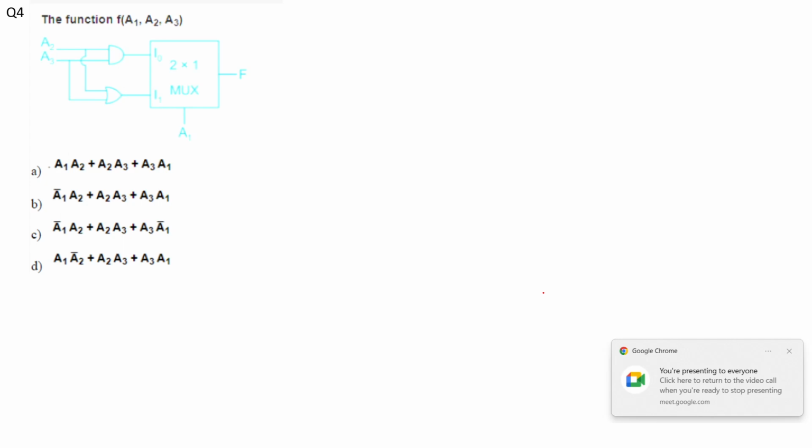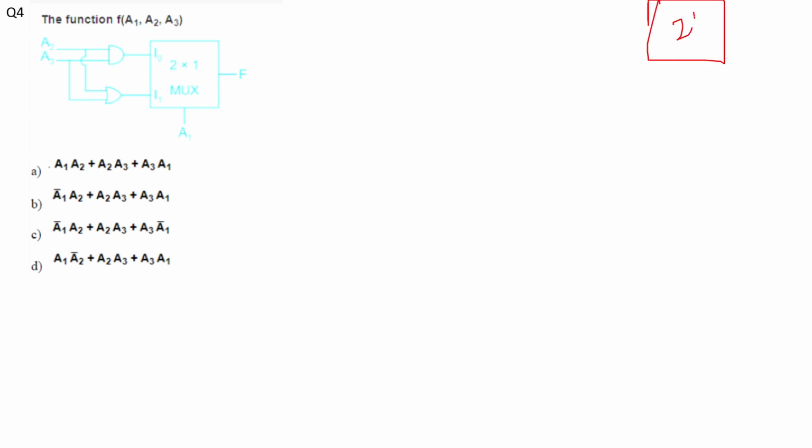It states that the function F of a1, a2, a3 is equal to the options that are given. Before we proceed, a 2 is to 1 mux has two input lines, I0, I1, one select line S and one output Y, and Y is given by S bar I0 plus S I1. So when S is equal to 0, I0 will be selected, when S is equal to 1, I1 will be selected. So then my F here will be equal to,